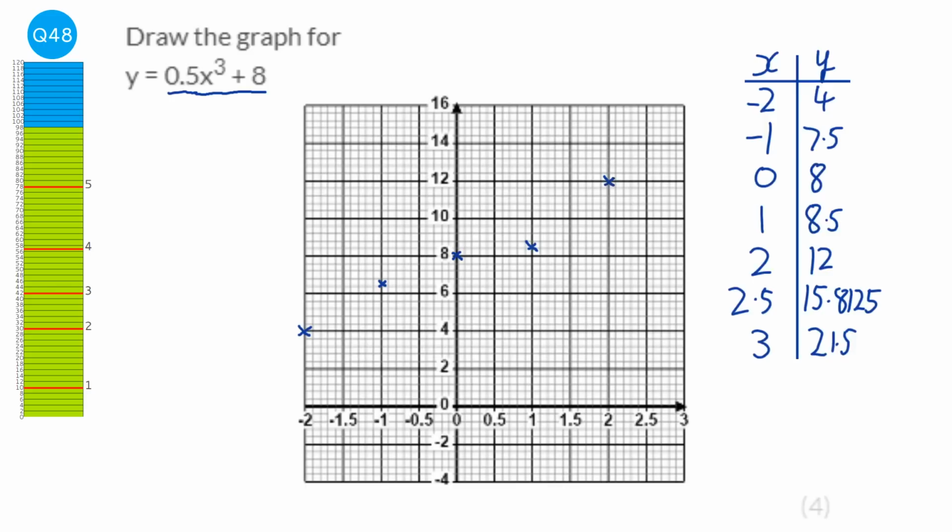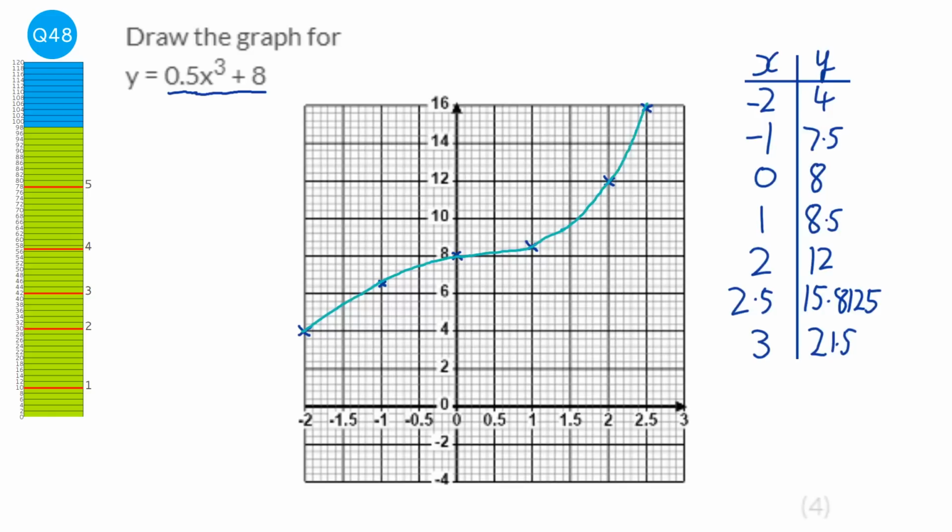And then 2.5 is just below that 16, so it's almost at 16. Then the next thing we do is just join it up with a nice smooth curve. It's sometimes helpful if you turn your paper sideways. Obviously I can't do it when I'm on this computer, but you want to just keep drawing and don't lift your pen off at all. Just go with the points,